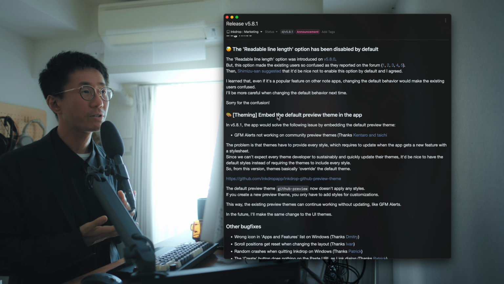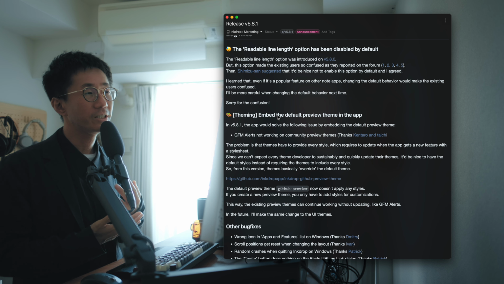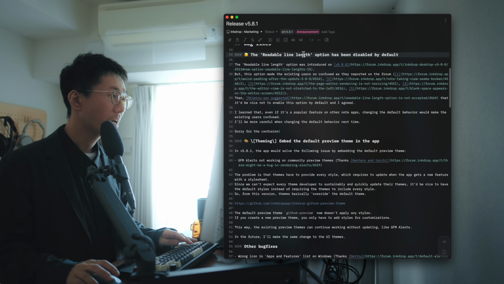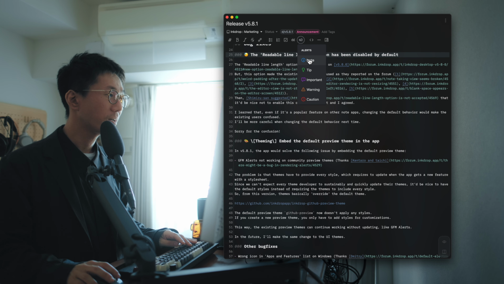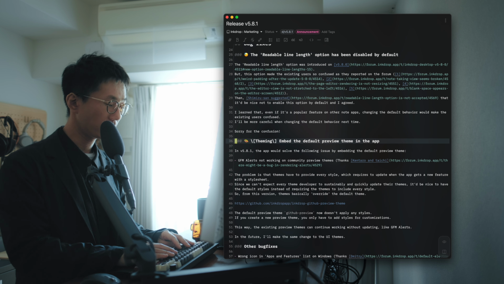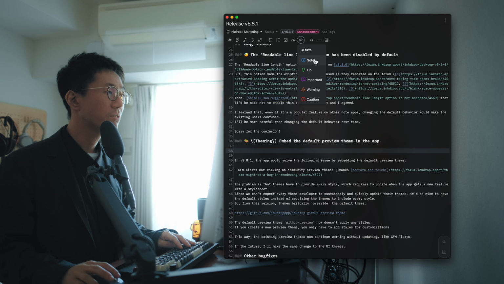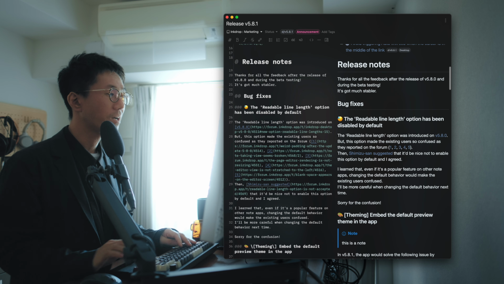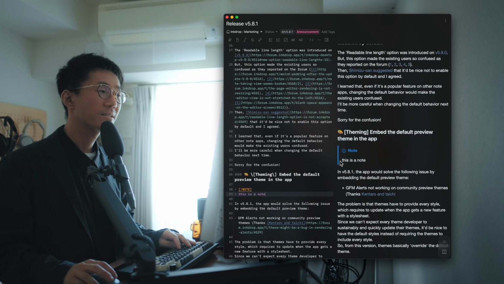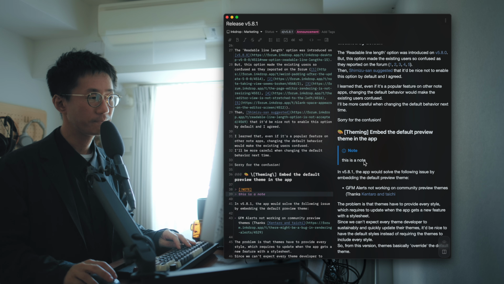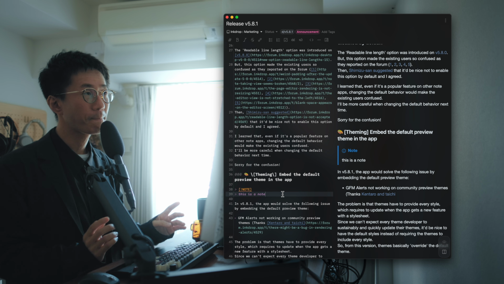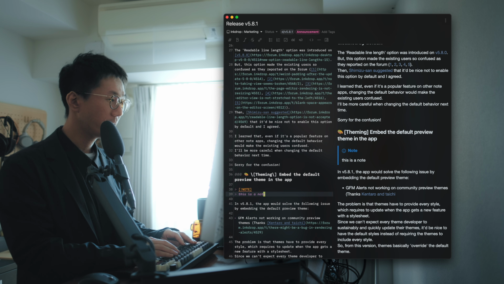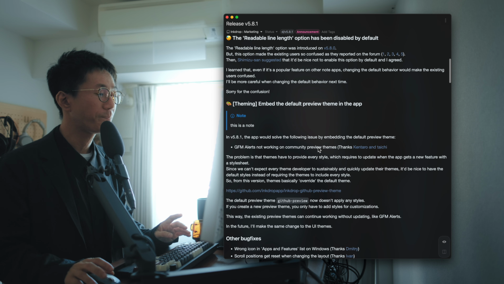Next topic is about theming. As you may know, the last version has got GitHub flavored alert support. I mean, you can insert alerts. So let's try. You can insert a note. This is a note, and you can see it's highlighted as a note. It's also well known as a callout. It's very useful, but